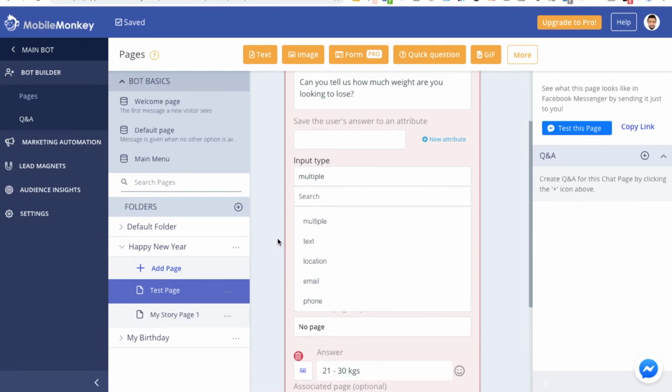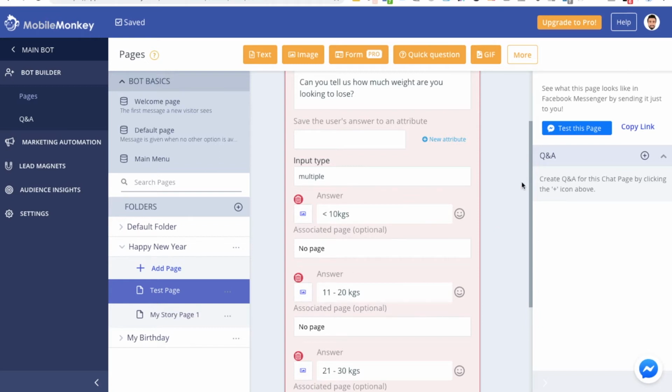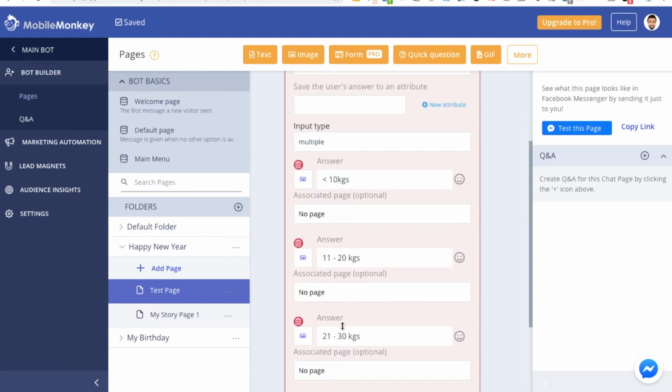All right, so one by one we'll just test all of these things. We'll first test multiple option or input type, then we'll check what is input type text, then location, email and phone. All right, so let's first test this. But now if you click on test page, it won't make any sense because these inputs, when somebody is tapping